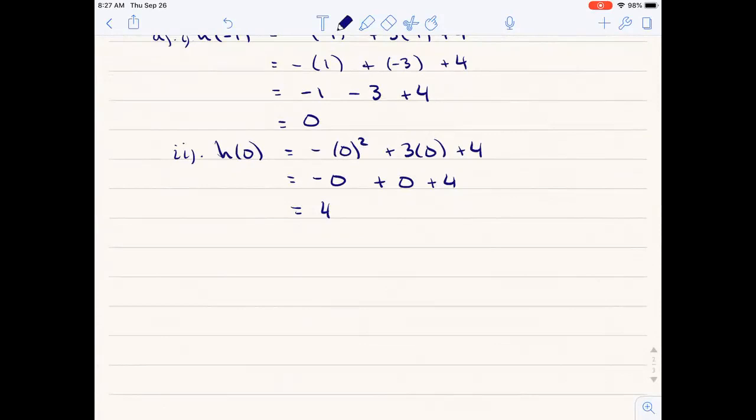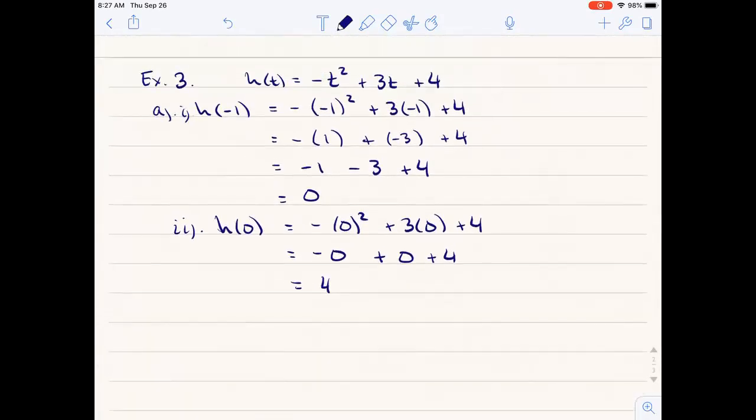Okay. What are these two things telling us? If we think about it in terms of a graph, t is our independent variable and h of t is our dependent variable on our y-axis. Then what this is saying is when t is negative 1, so over here, then h of t is 0, so we're on the x-axis. So here at negative 1,